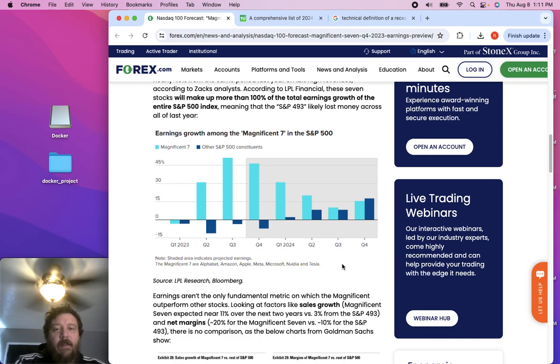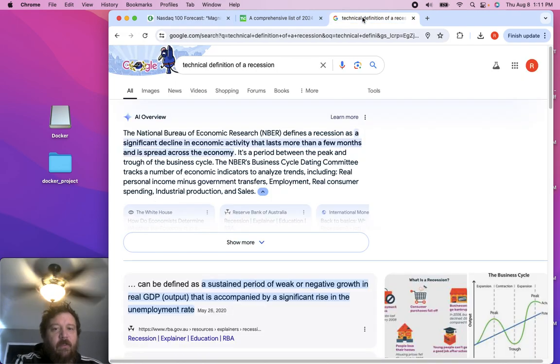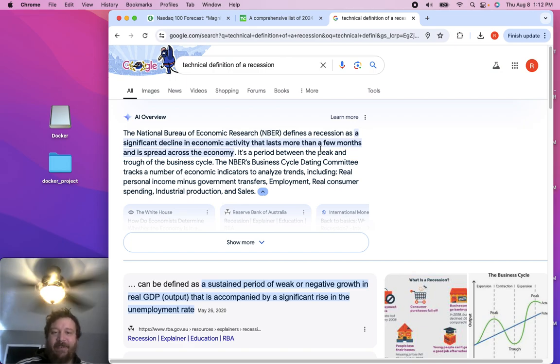So to me, the very first thing that we should do is we should look at the technical definition of what a recession is. If we do that, the technical definition gets bounced around a lot. That happens sometimes with technical definitions. But we'll start here. The current technical definition is a significant decline in economic activity that lasts more than a few months and is